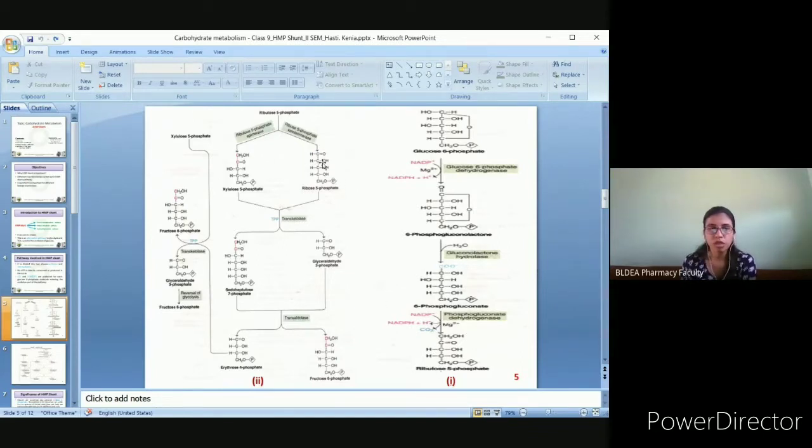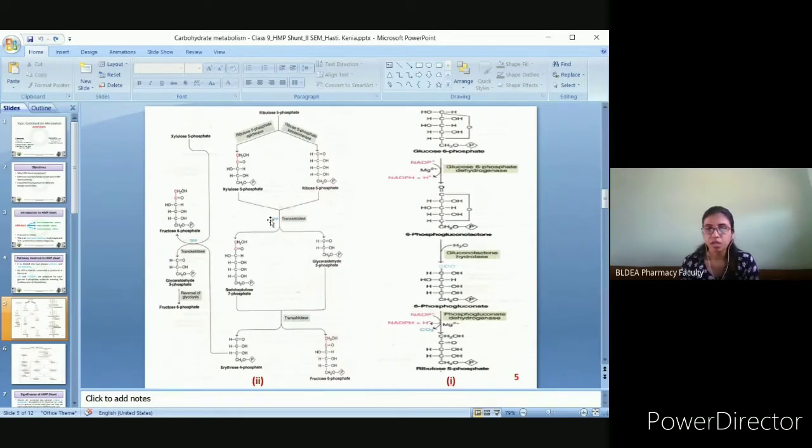Okay. So now with these 5 carbon compounds, here comes the interesting step. From ribulose 5-phosphate, all the compounds that are synthesized come in the non-oxidative phase. Okay. So now here comes the interesting part. You can see there is xylulose 5-phosphate and ribose 5-phosphate. Whatever xylulose and ribose 5-phosphate are synthesized, now they will combine and they will form a different set of products in the presence of the enzyme transketolase.